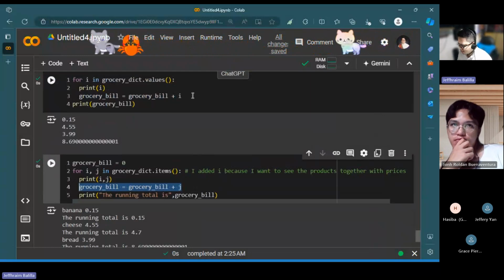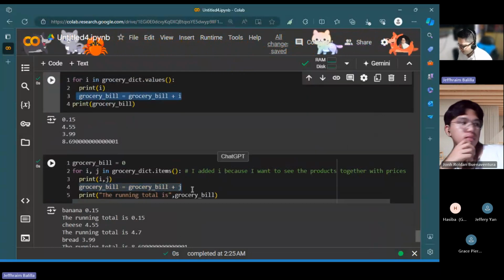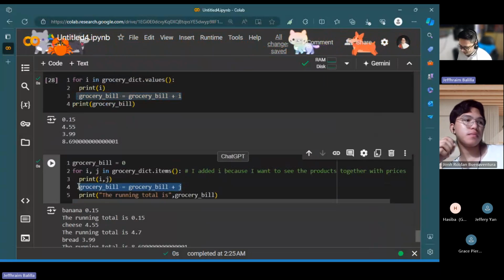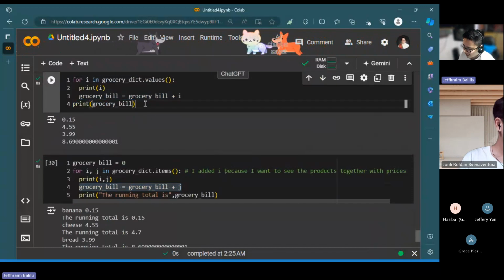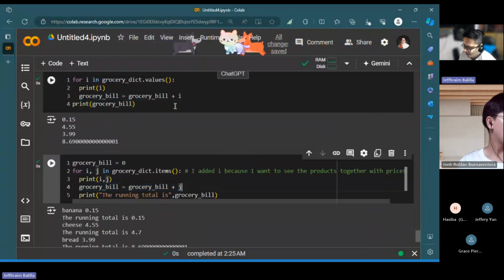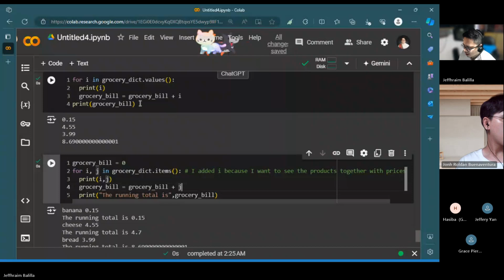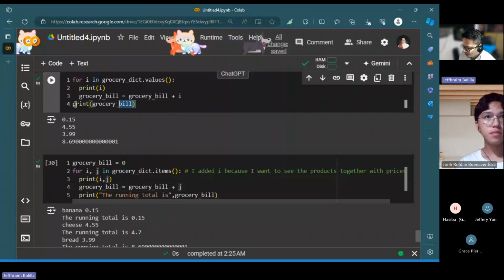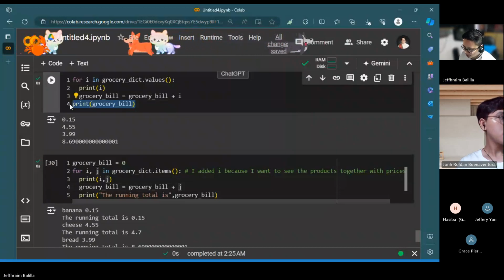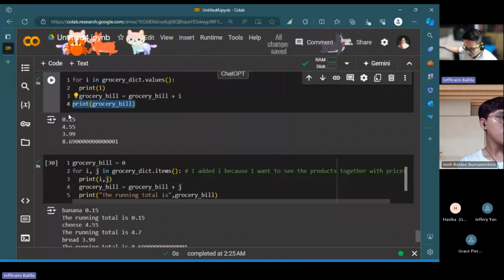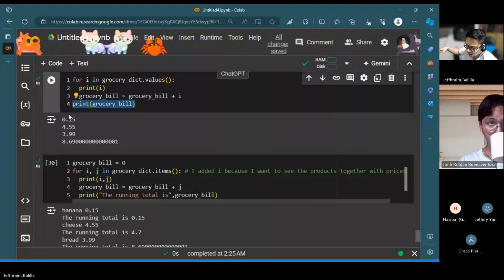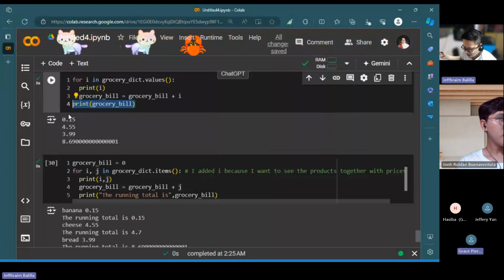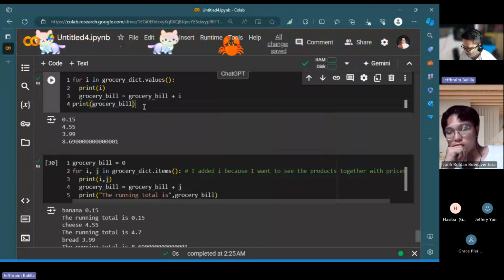This part, this part, and this part from the bottom, in principle, are just the same. Why do I have a running total here? Notice my print function. My print function in the earlier one is outside the loop, so it would finish all the elements in my for loop before it shows the output.